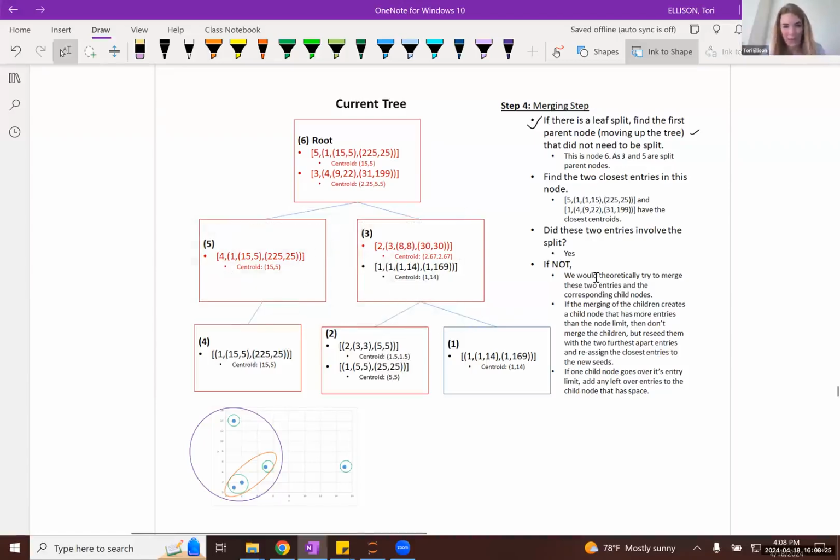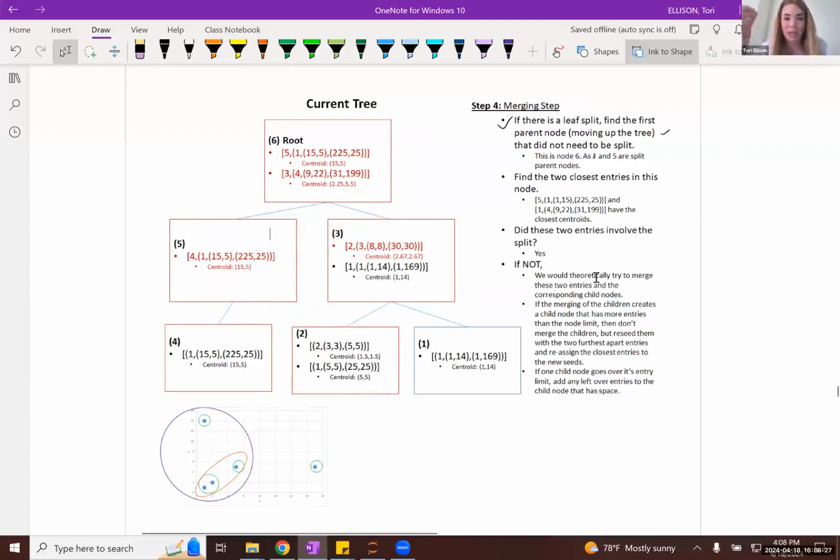So the purpose of this potential step 4 merging step is to allow the algorithm to see if there might actually be some subclusters or clusters that should be lumped together, because we're finding more of a separation amongst some of the incoming sets of observations that are being fed into the algorithm.